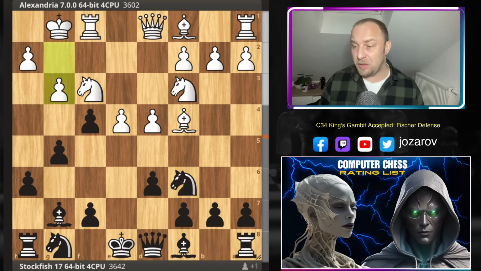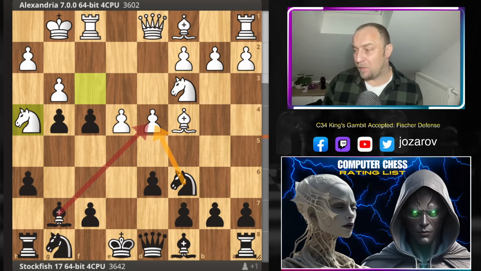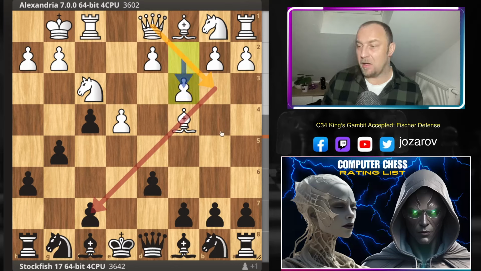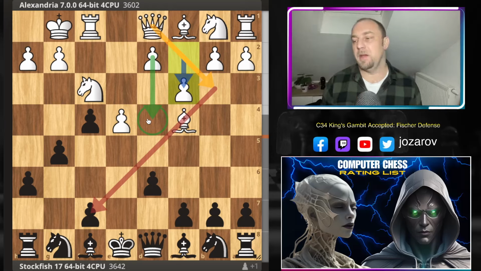After something like g3 you can immediately go with g4. Then you see the issue is that the d4 pawn is also hanging here, so that's why white has to be careful. After the move g5 that Stockfish played, Alexandria now prepares the move d4 in a different way. We have seen that d4 was a vulnerable square in white's camp, but this move c3 is also a very